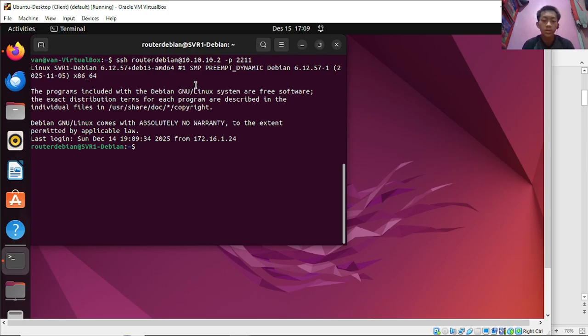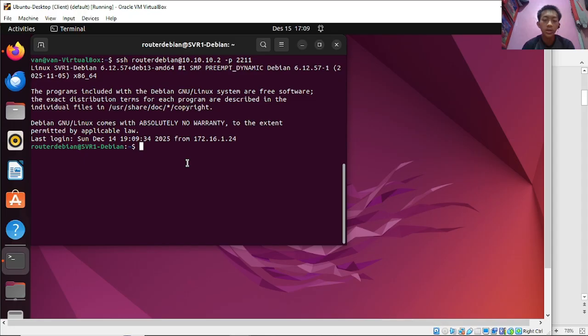Then I enter the IP address 10.2 and I also specify the port 22 and 11. After that, I press enter. Now I have successfully logged into server 1 Debian.